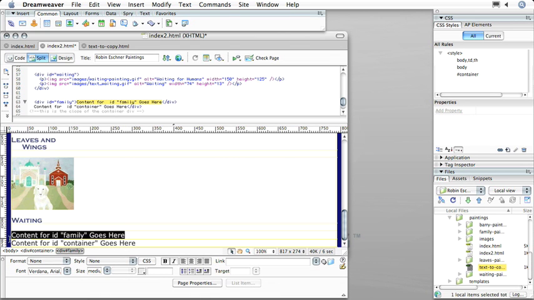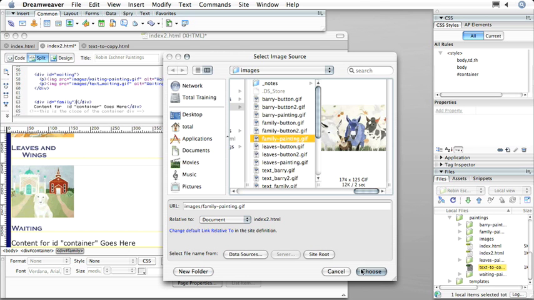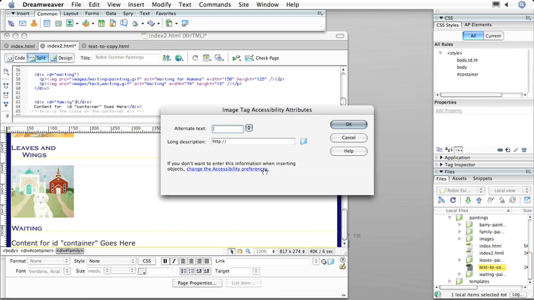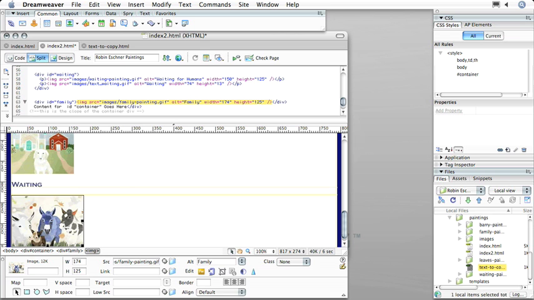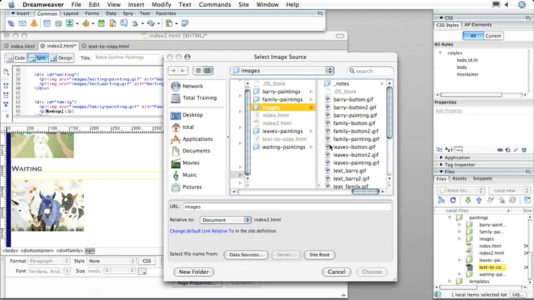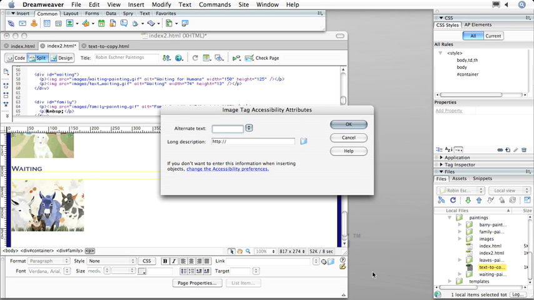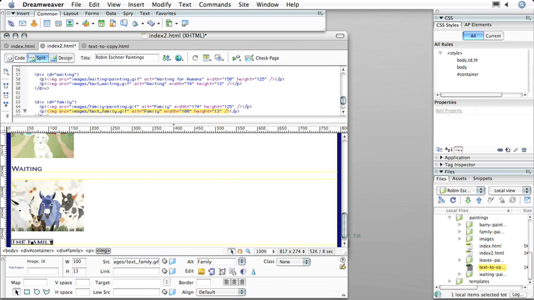And finally, the family. You want the family painting. And then text family. Okay,